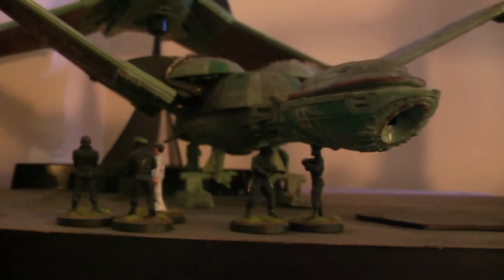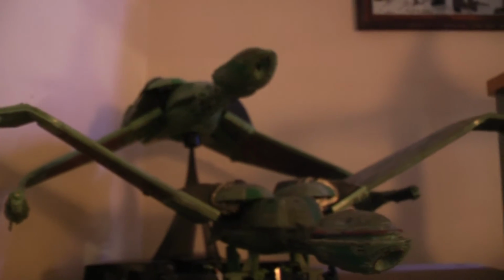So, shall we start? Right, here we have some Diamond Select Klingon Birds of Prey, as you can see, with some miniature Blake 7 figures. Actually, I think they look quite good next to the Birds of Prey. There in the cabinet is a very rare figure of Captain Kirk from Playmates, and